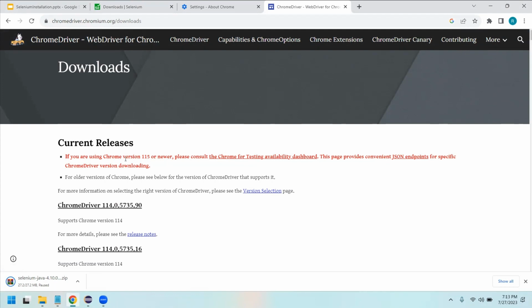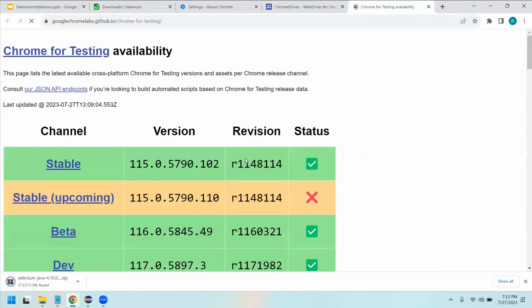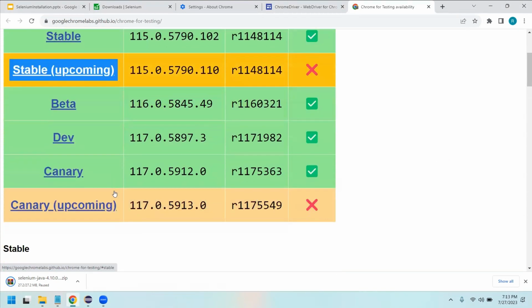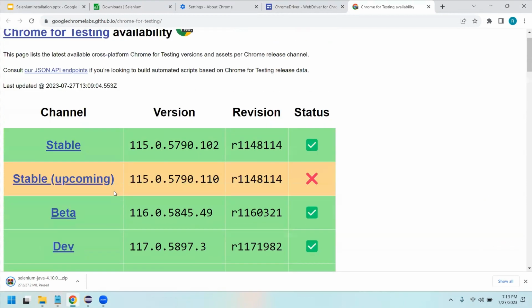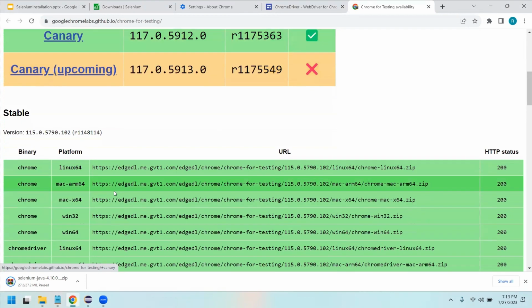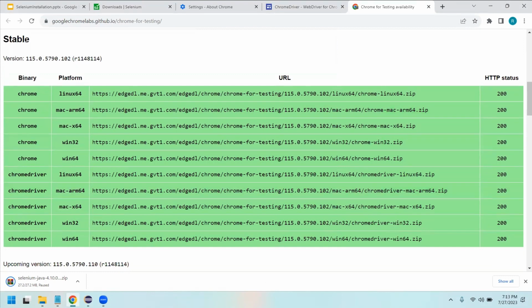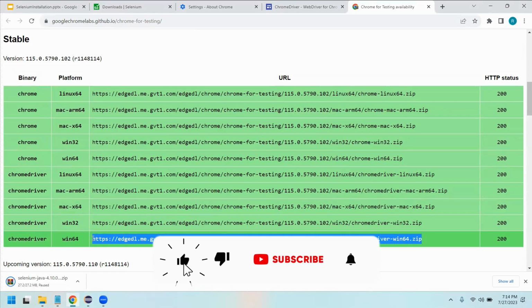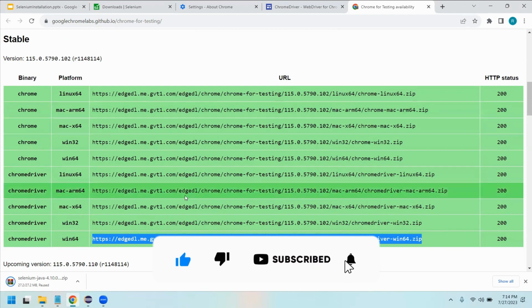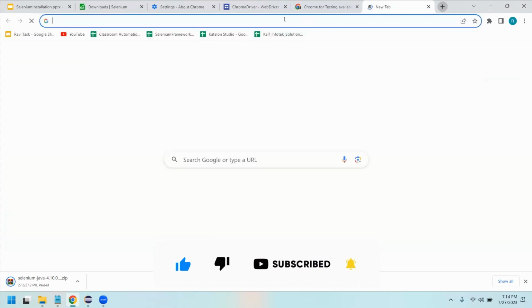So here it's mentioned if you are using Chrome 115 or newer, please consult the Chrome for test availability dashboard. So click on this link. Now this will take you to the web page, the page where you have the latest version. Now just scroll down and come to this table section. So once you are into this table section, you know that you are using Windows of 64 version. So just come to this last one, Chrome driver Windows 64. Copy the link from here and just open this link in a new tab